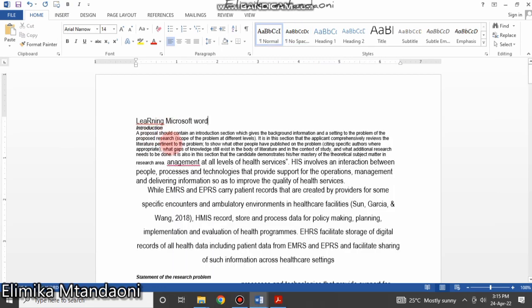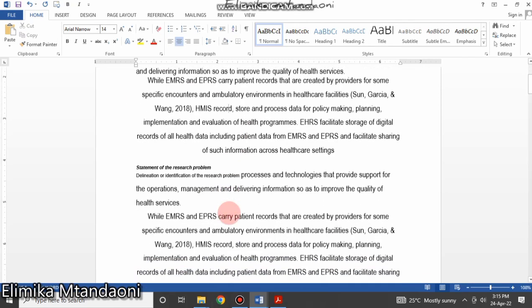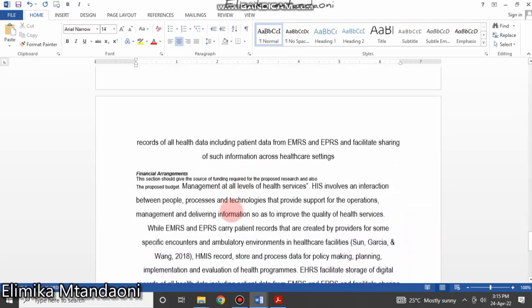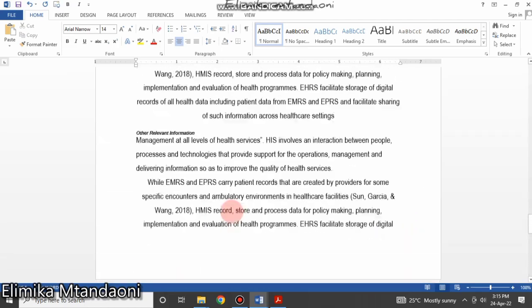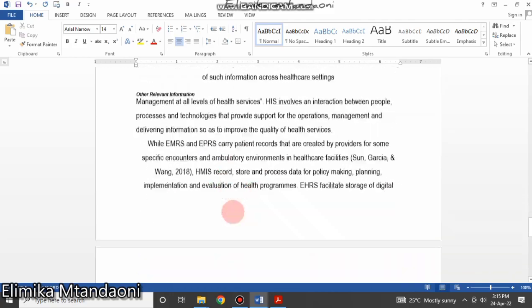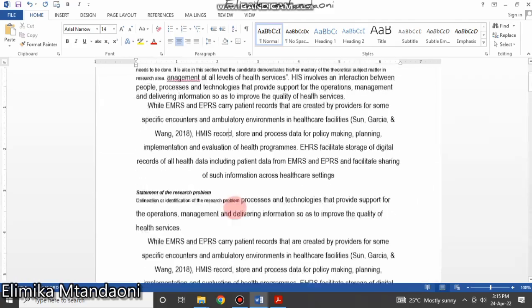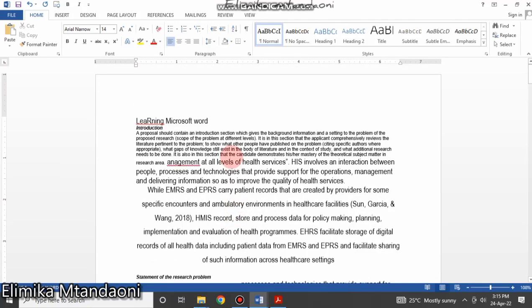Now this is our document. We have this document, but it is not well formatted. So suppose you are given this kind of document, and you as a Word expert, then you need to make this document well formatted. Now how do we go about this? The very first thing you need to do,